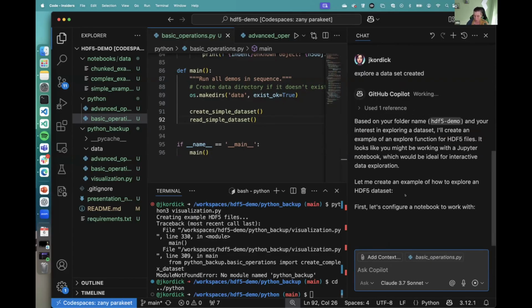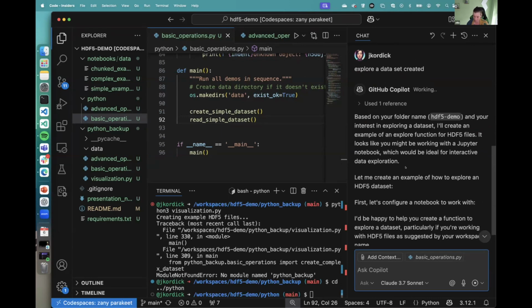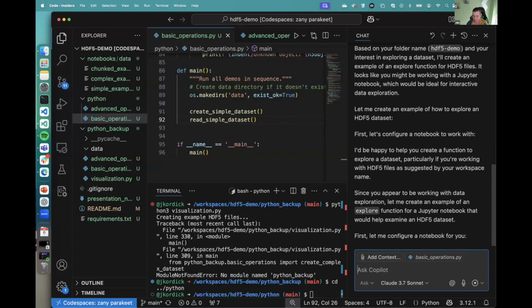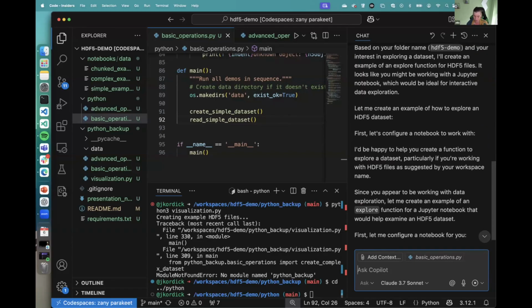So what it's now doing is it's taking context actually again. My prompt could have been a little bit better. And what it now does here in ask mode, it basically gives me hints what to actually do